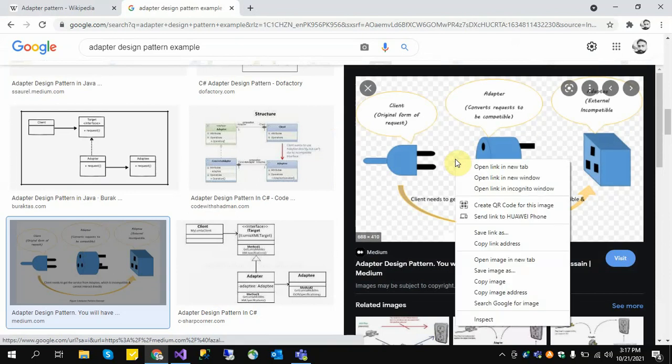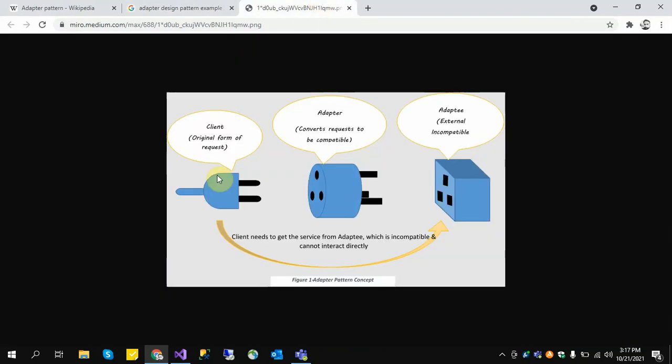So this is the example of the adapter design pattern. We have an A interface and a B interface. A cannot connect to B directly, and these are totally independent and incompatible interfaces. This is an adapter. This adapter will connect A to B. So this is the main use of the adapter design pattern: to connect and communicate with incompatible interfaces. This is the definition of the adapter design pattern.